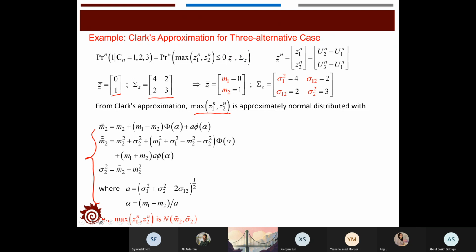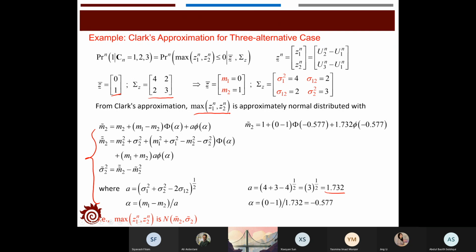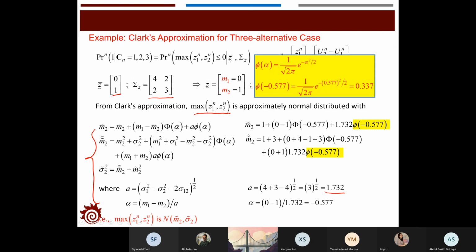So we can calculate the value of m alpha. A is 1.732. Alpha is minus 0.577, and we can then calculate the value of the m2 tilde, and the value of the m2 double tilde from the